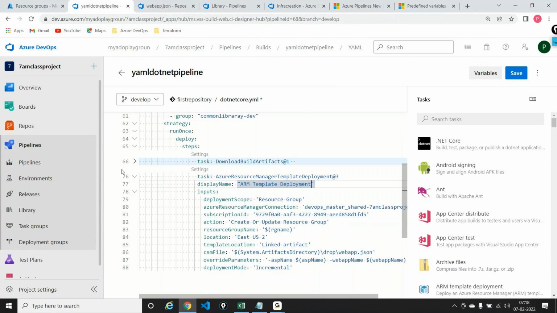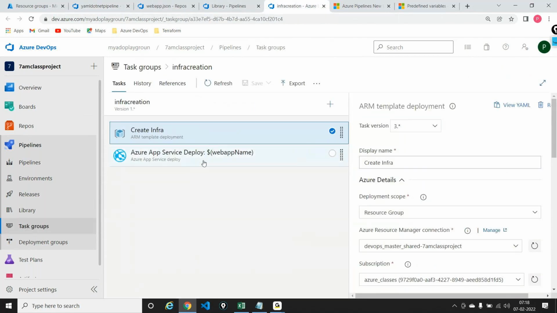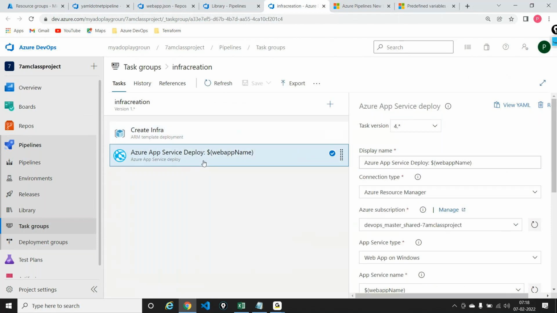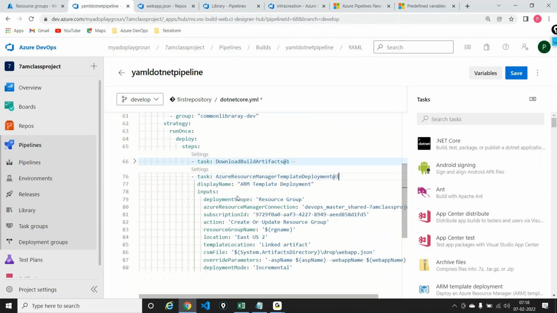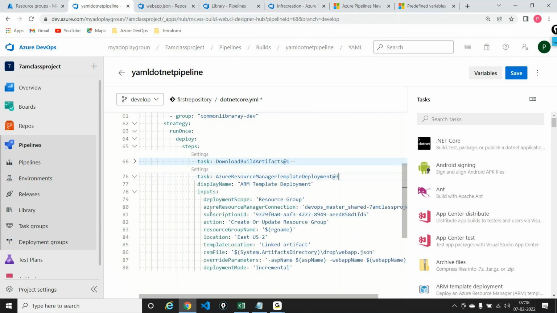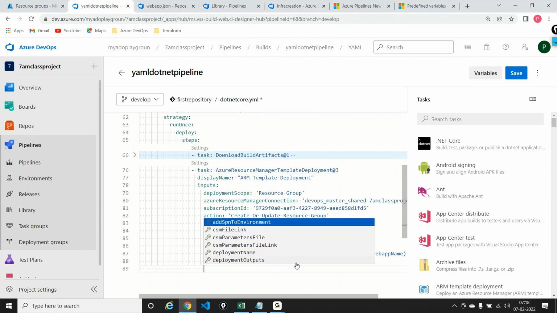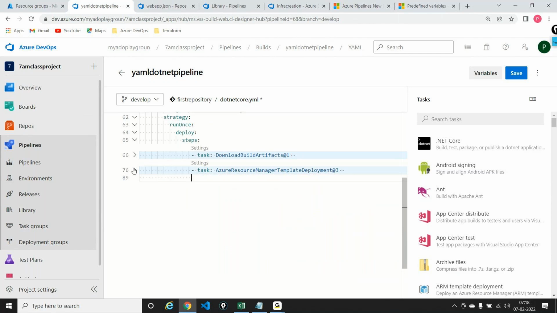Finally, my template is deployed, and the second thing that I want to do is the app service deployment. So this is where I'll add something, so I'll just get my cursor back again out here. Let me just collapse this and let me get my cursor here manually. Try doing that. I want to make sure that my cursor is right under this task, and this is where I'll say